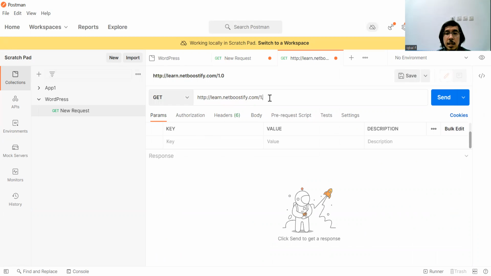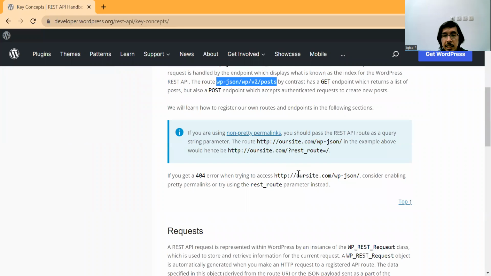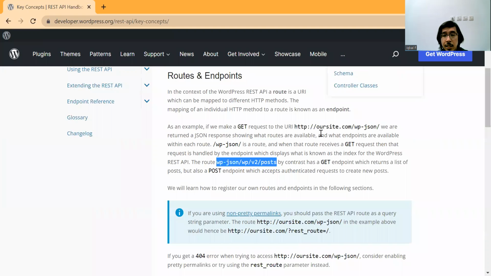And then I will show you how to use another endpoint. In general, you have to use this URL, and you can use the root, for example, with wp-json/wp/v2/posts. This is the generic option here.